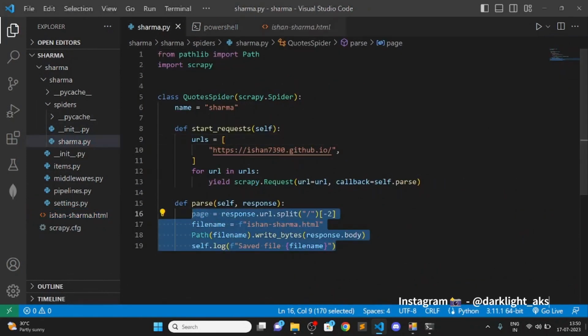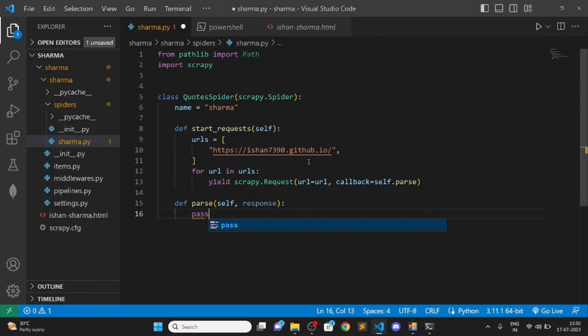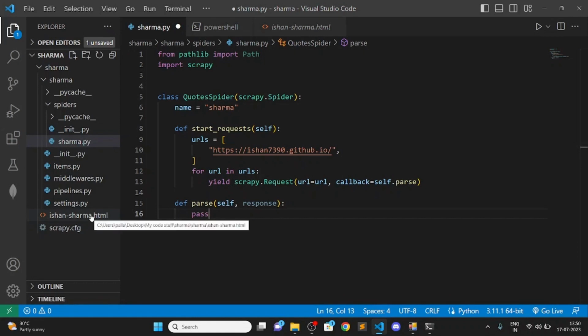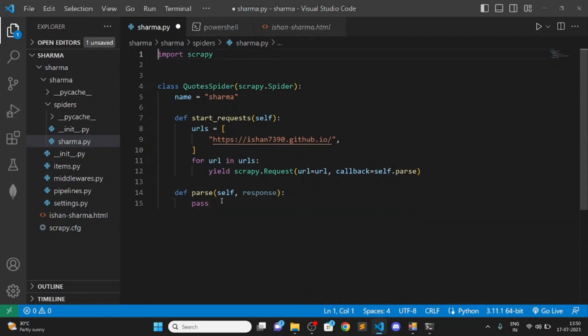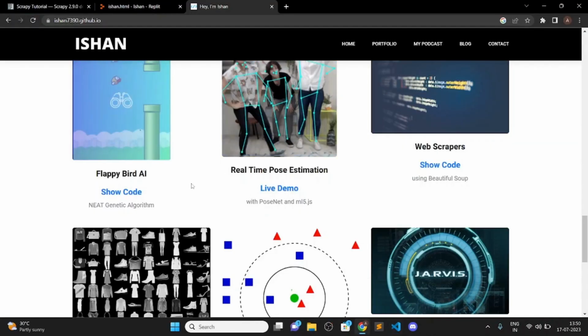So let's remove these things and give pass here for now. Why I've removed these things is because we don't want to now save a HTML file with the HTML content of this URL. We want to do something else, right? So I've removed this, and also I'm removing this from the import path, because we're not going to use this library. All right, okay, so to get all these we have